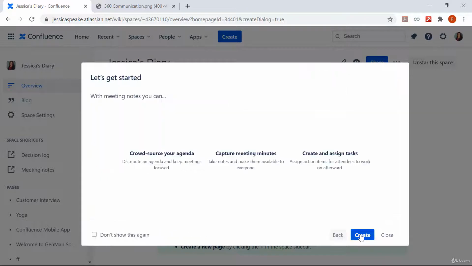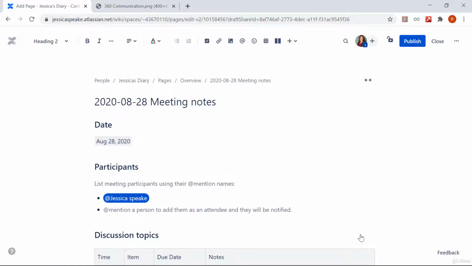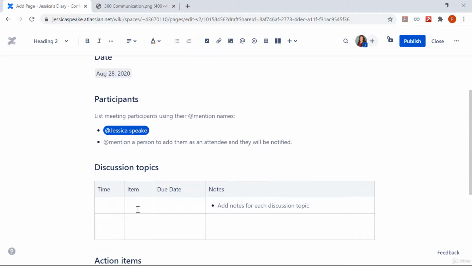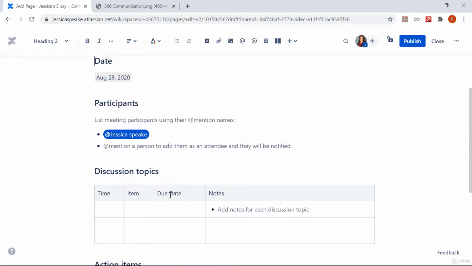One point I would like to highlight here is that with user created space and site templates, editing a blueprint template will not change existing pages. So for example, before changing the structure of the meeting notes, if you had created a page using the meeting notes template, the template of that page would not change basis the changes which you have done recently in the updated template. But any new blueprint pages which will be created will be based on the updated template. So over here you can see that the goal section is no more present, and the due date column has been added instead of the presenter column.